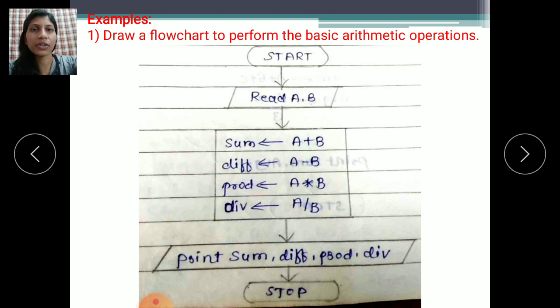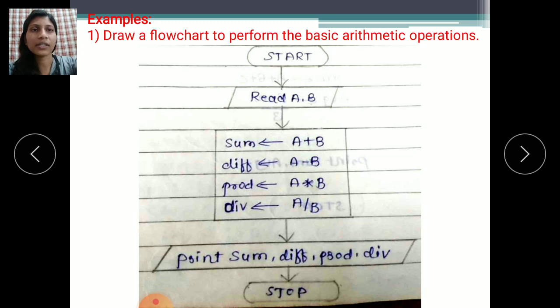See, this is your first example. Draw a flowchart to perform basic arithmetic operations. So first, in the algorithm the first step we write down is start. Whatever steps you have written in the algorithm, use all those steps, and when we write them down in a diagram, that is called a flowchart.